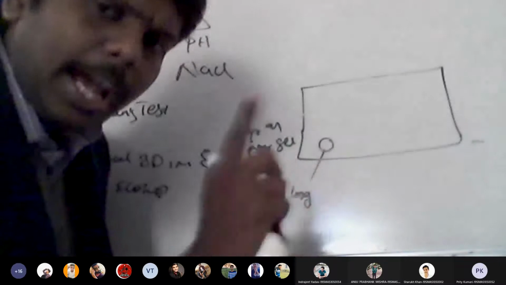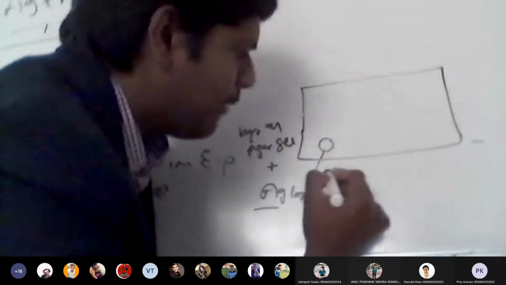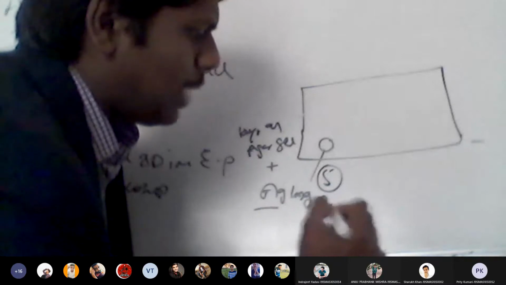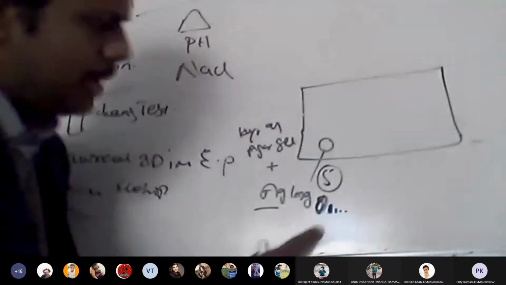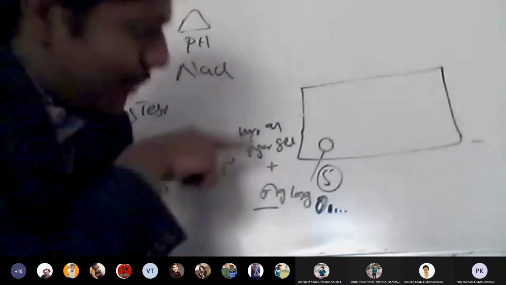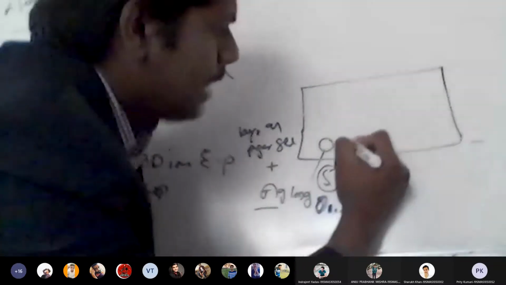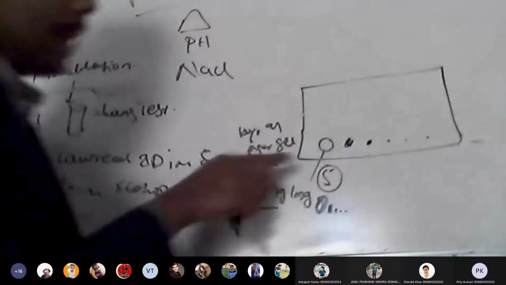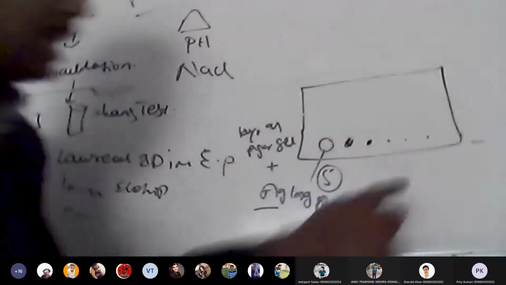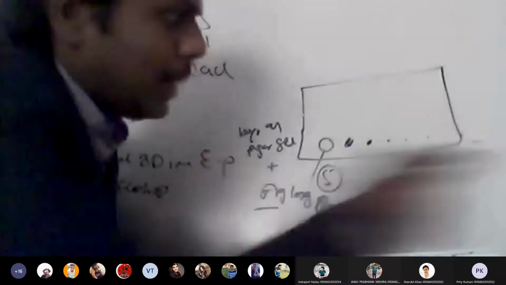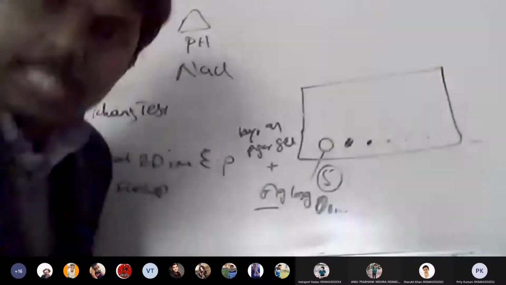So if that is the case, simply listen. In this sample, I may have 5 different types of antigens: a large antigen, a small antigen, and so on. Now, when I apply the electricity, all these 5 types of antigens will get separated. So by the first electricity, I separated all the antigens.